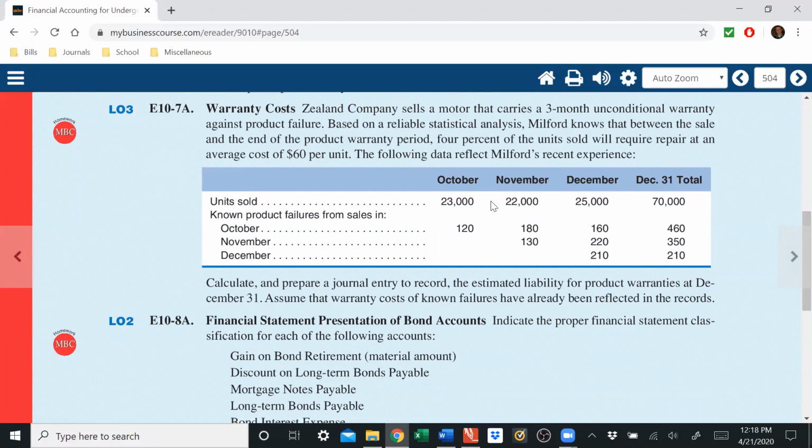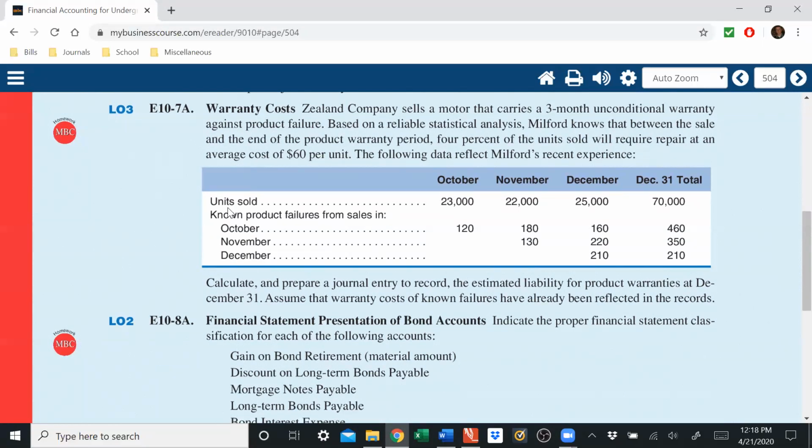So for each month, we have units sold, and also for each month, we have the known product failures from sales in that month or an earlier month. Right, some units we sold in October could fail in October, or could fail in November, or could fail in December. So we have this table here, and then it says calculate and prepare a journal entry to record the